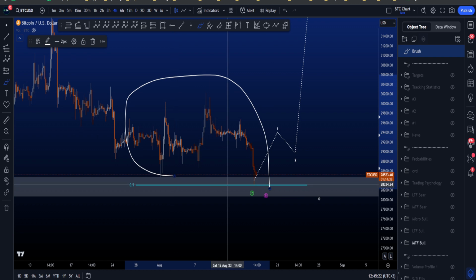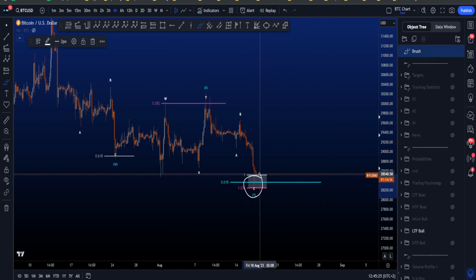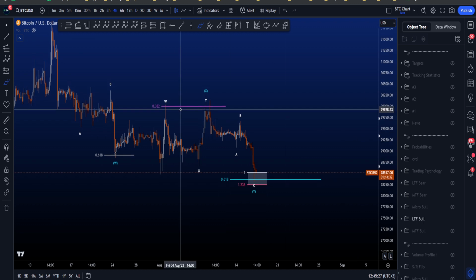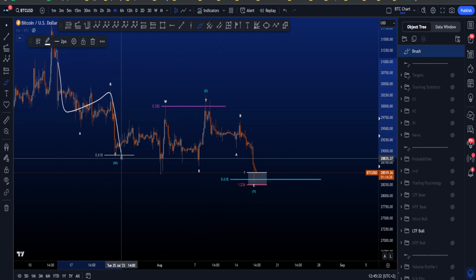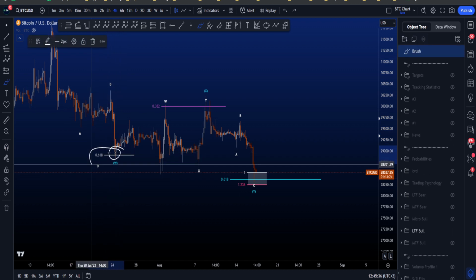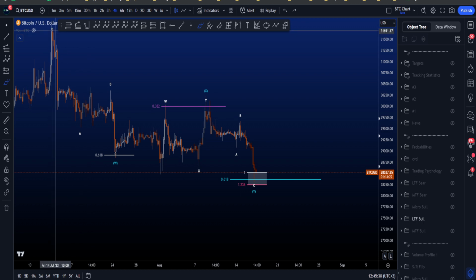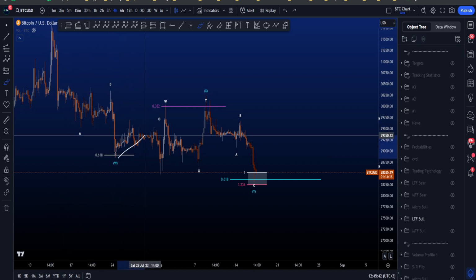If we then zoom in to this structure and look at the low time frame scenario that then results in this being the low, we can think about a WXY, a double zigzag structure, where over here we then have a zigzag to the downside in a wave W, where wave C went to the rare target, which is the 0.618 pulled from the high to the low of A to the high of wave B, followed up by a